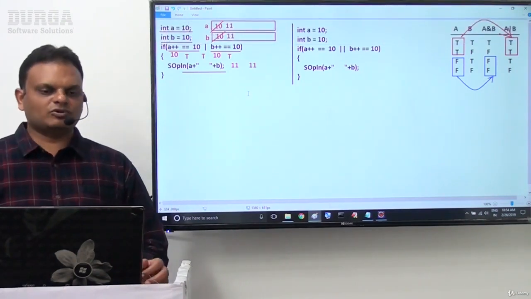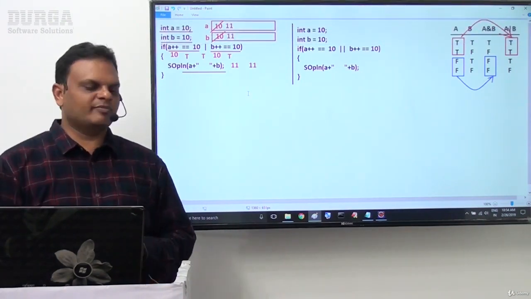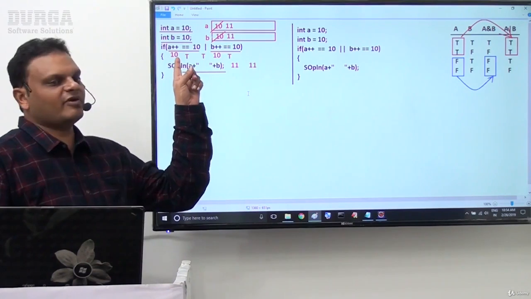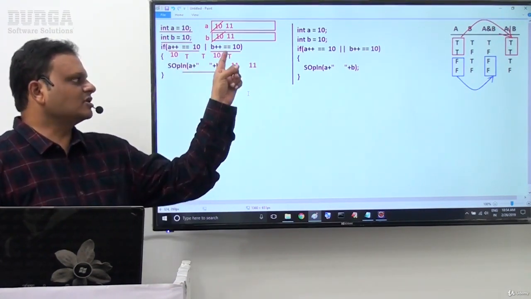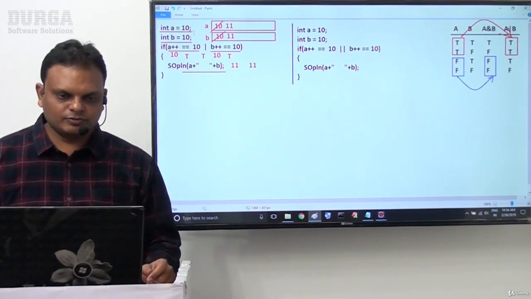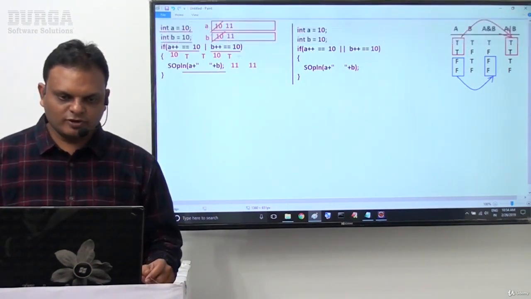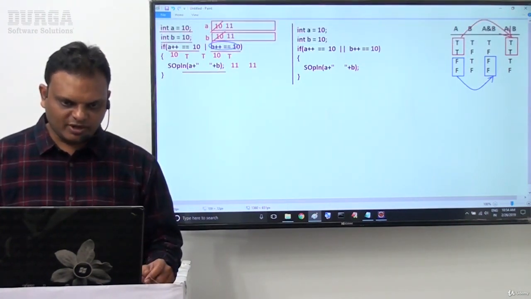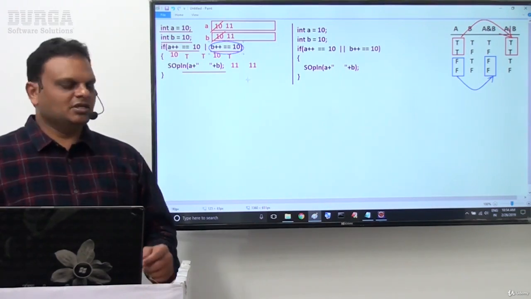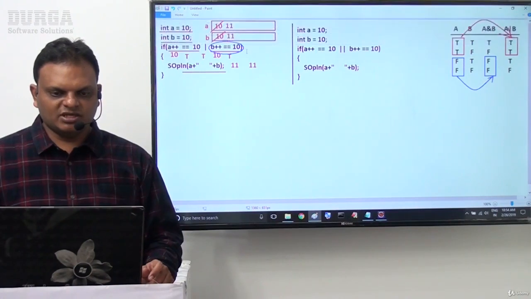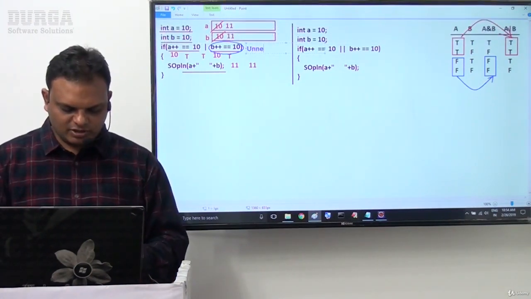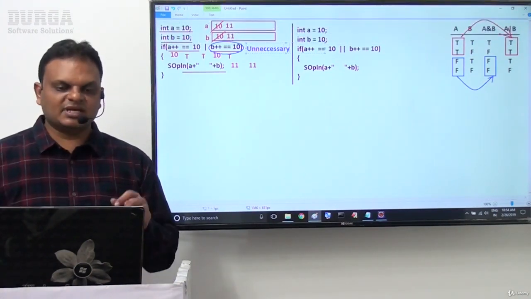Now here I am asking one question. As per the shortcut mechanism, if the first operand value is sufficient to get the result of the overall expression, then what is the requirement to evaluate the second operand? In this context, evaluating the second operand is unnecessary or not? Unnecessary.